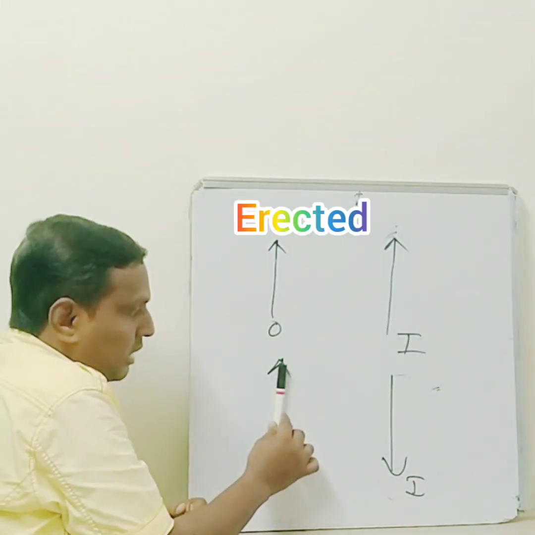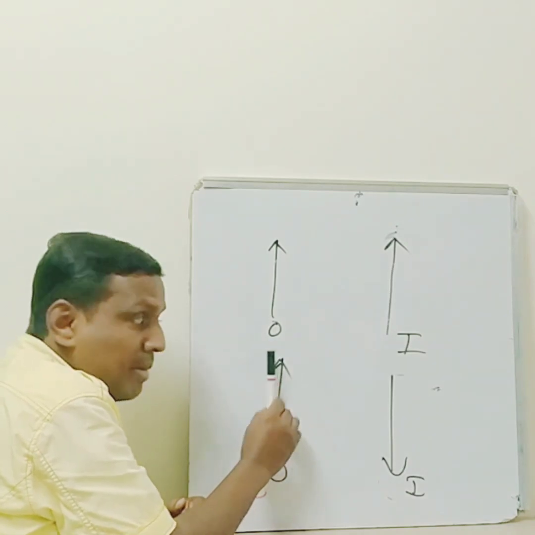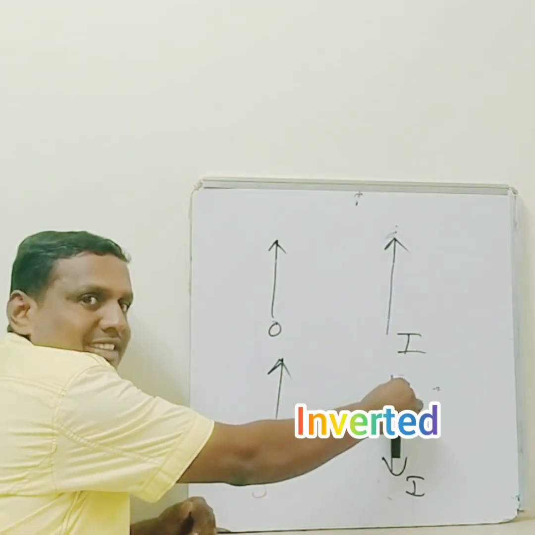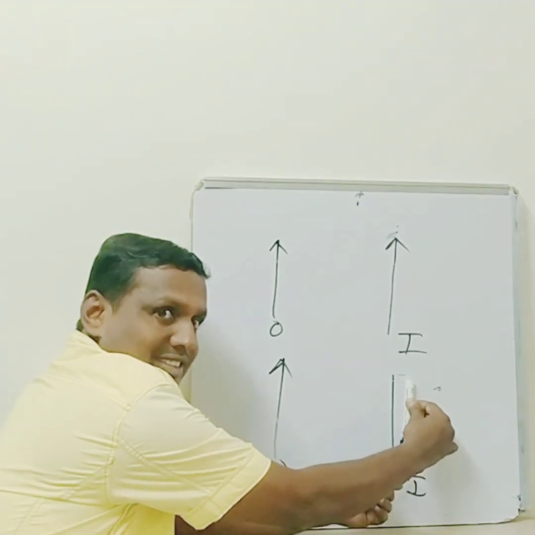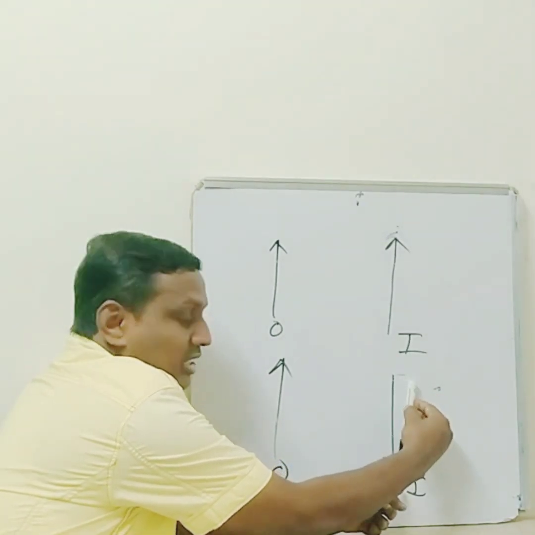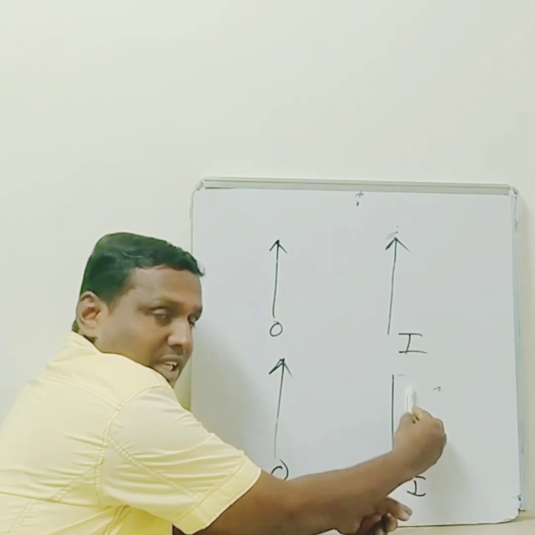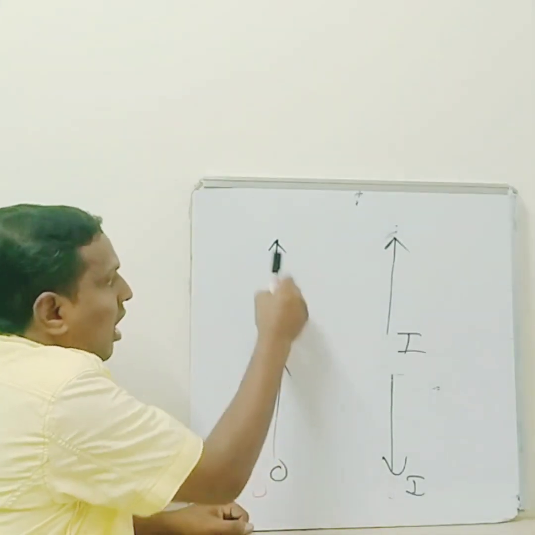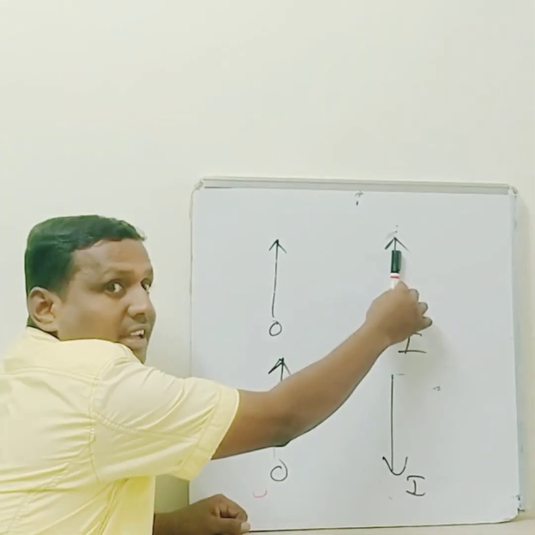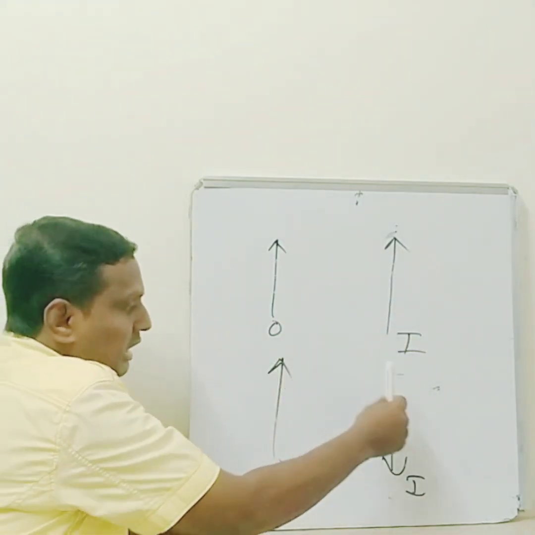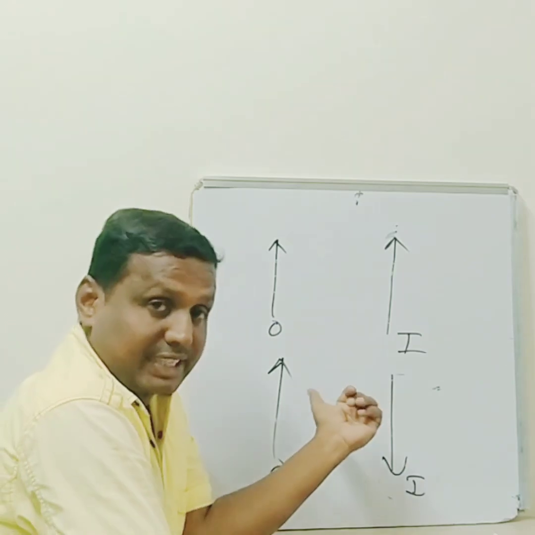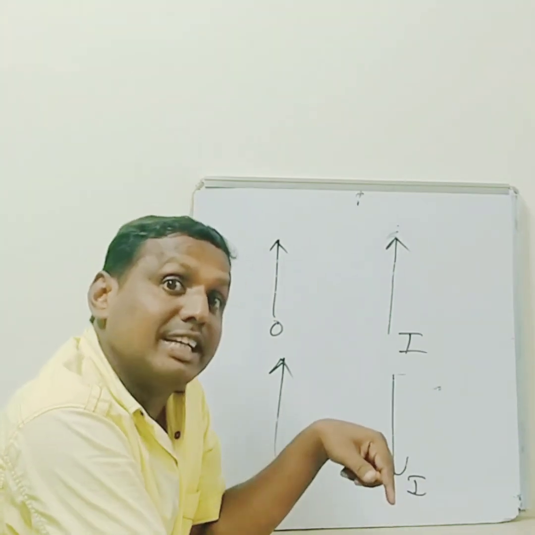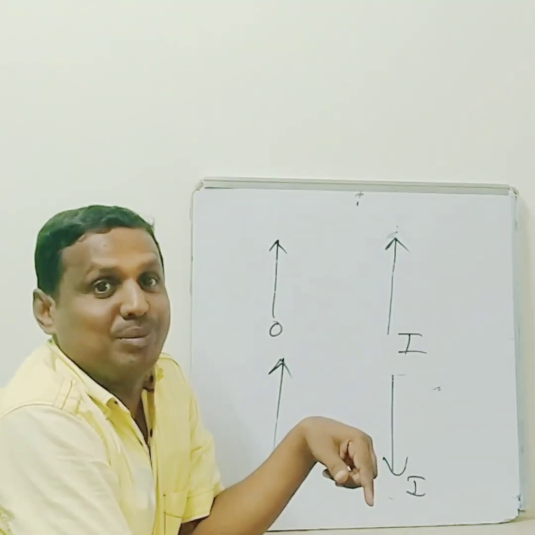Now this is the object. Then if we get the image like this here, the cap is now downwards. Okay. So this is called what? Inverted image here. Okay. Object, image: this is erected. Object, image: this is the inverted image. Okay. So these are the erected and inverted images. Next, real image and virtual image.